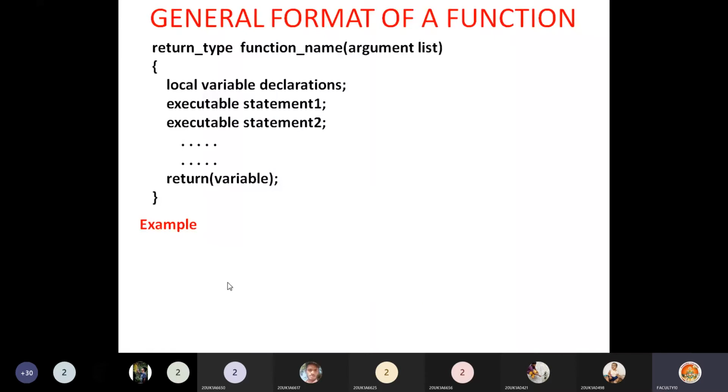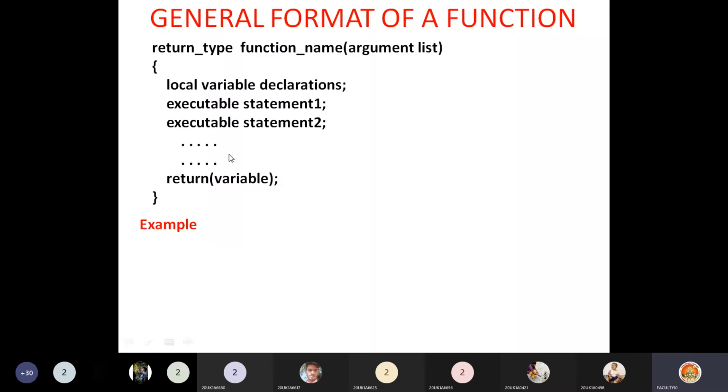Now the general format of defining a function. First it begins with the return type, space, then the function name, and within the parenthesis give some arguments. If it is taking some arguments, better you define those arguments. Then begin the function here, like your main. Then you can declare your own local variables in this function also. Then write the executable statements 1, 2, 3, 4.